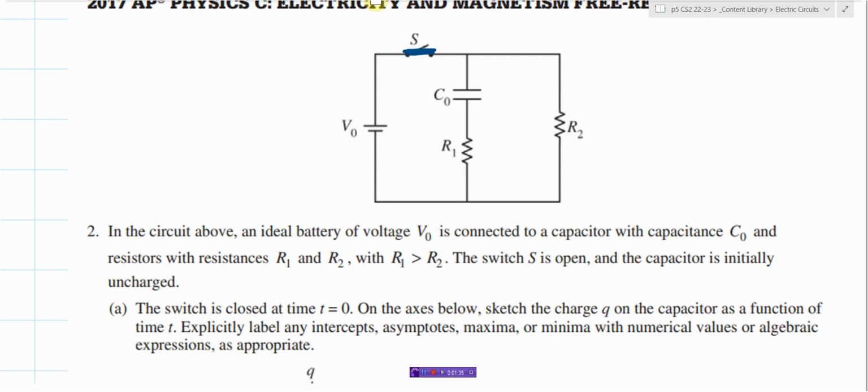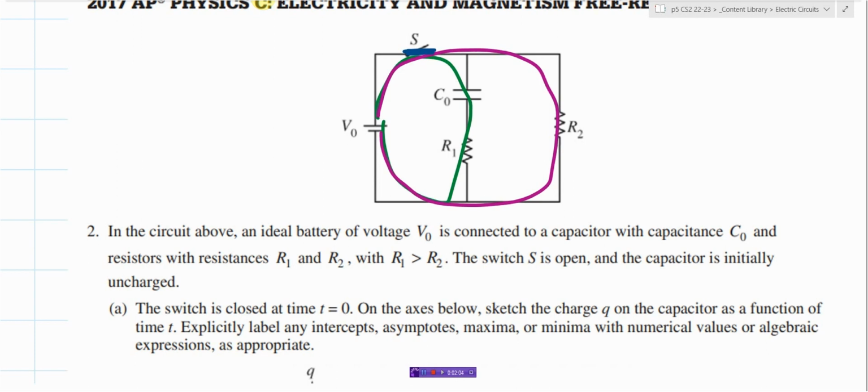It says, on the axis below, sketch the charge Q on the capacitor as a function of time t. Explicitly label any intercepts, asymptotes, maxima, minima with numerical values or algebraic expressions as appropriate. So if you look at when we close that switch, current will start to flow, so we're gonna have a circuit like that,